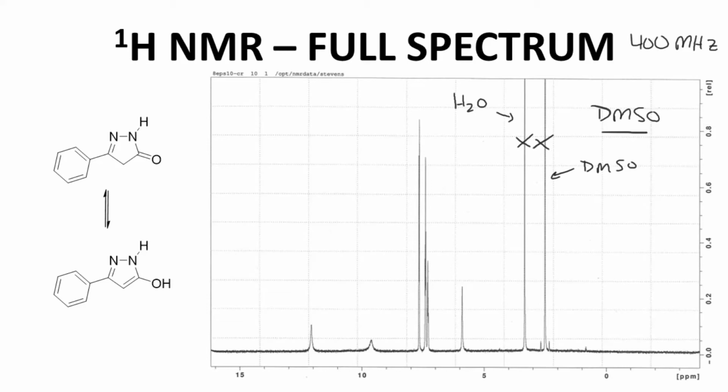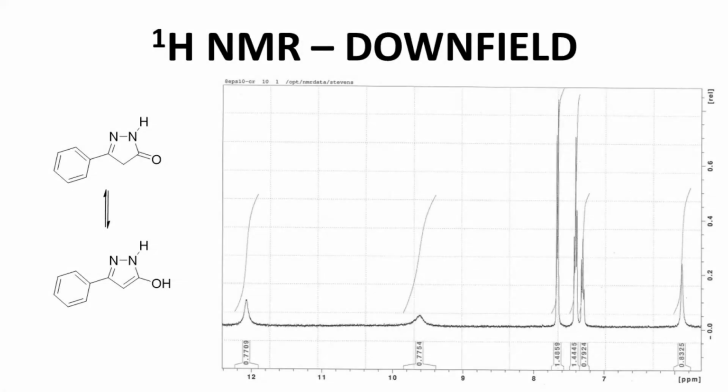As we look across this spectrum, note that there are very few blips along the baseline. That's a sign of a very clean product. Let's go ahead and zoom into the part of the spectrum that shows our peaks of interest. Here is a more tightly zoomed in spectrum. All these peaks now have integrals. I did not do the best job on these integrals, but we can still get the information that we need